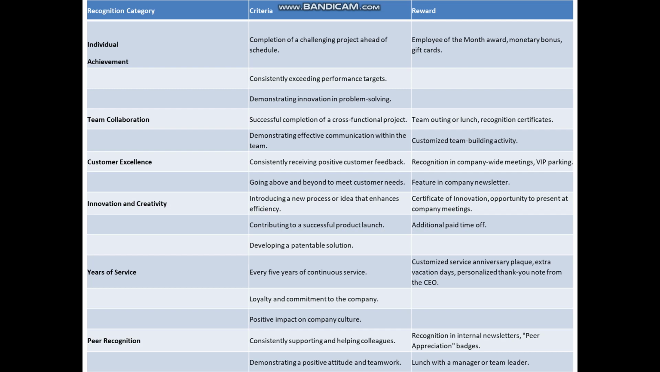Now, here are some categories which you can consider. You can have the recognition category split into different categories, with individual achievement being one category, team collaboration being another category, customer excellence, innovation and creativity, years of service, peer recognition, you name it. You can actually design a program for each of these, and then when you define the category, you should also define the criterion and the kind of reward that you are interested in giving. So the criterion is, of course, if it's individual achievement, completion of a challenging project ahead of schedule, then